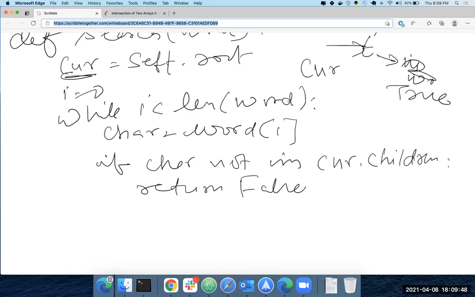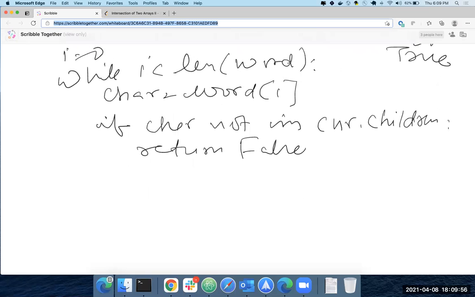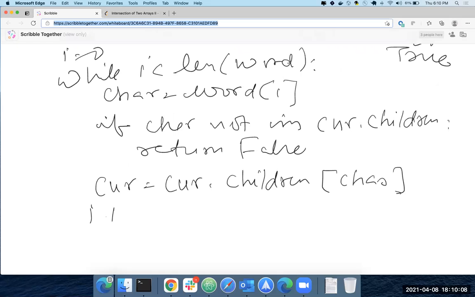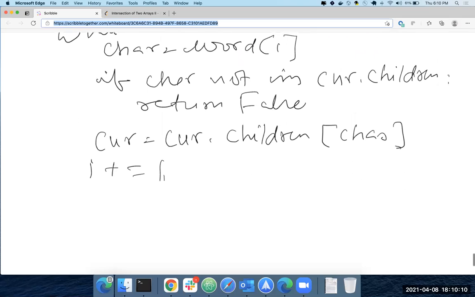Basically, you're searching for a word and you had C and you couldn't find C in your root, so there's no way you can find cat in that. If you did find C, you're going to change your current pointer to current.children of your char, and then i plus equal to 1. At the end, let's say you're out of the while loop now.